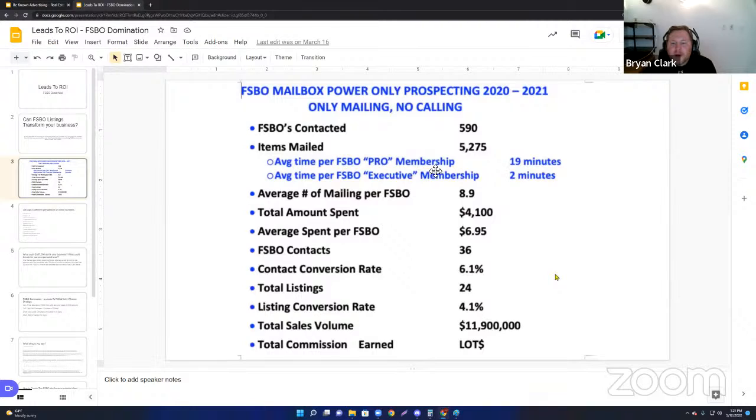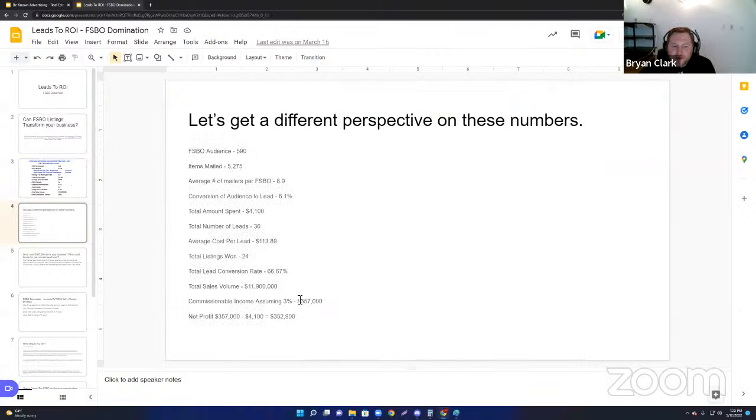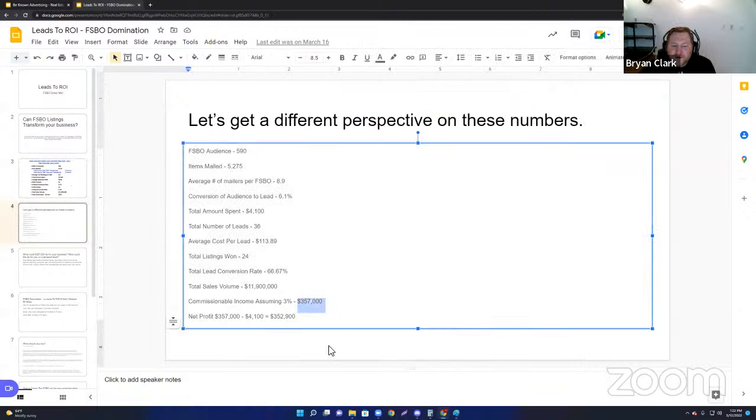He ended up mailing about 8.9 pieces of mail out to each one of those for sale by owners. The total cost was $4,100. And out of that, he had 36 homeowners, FSBOs, that reached directly out to him. Of those 36, he was able to convert 24 of them, and the total sales volume was 11,900,000. So if he was at a 3% commission on those, he earned about 357,000 on that total